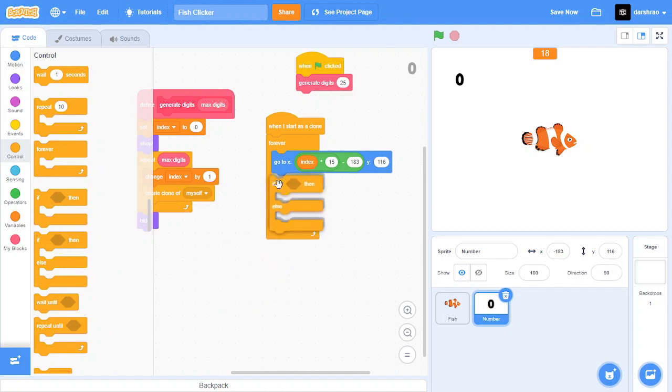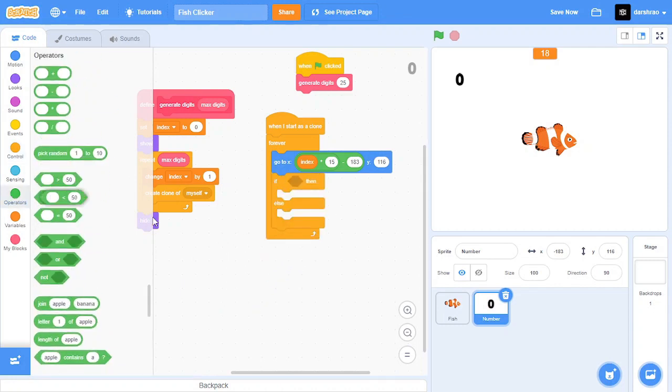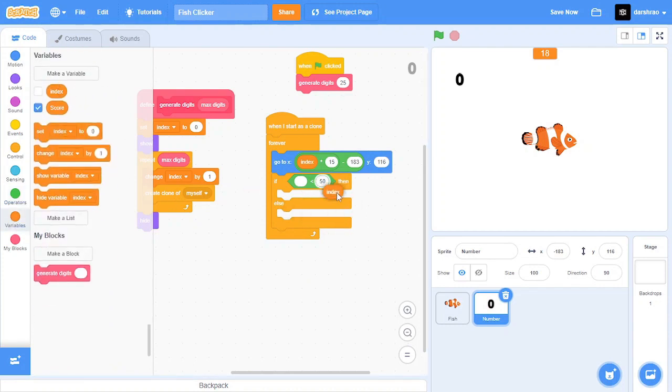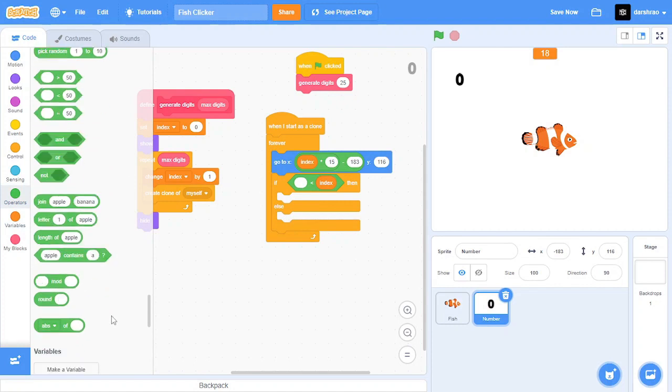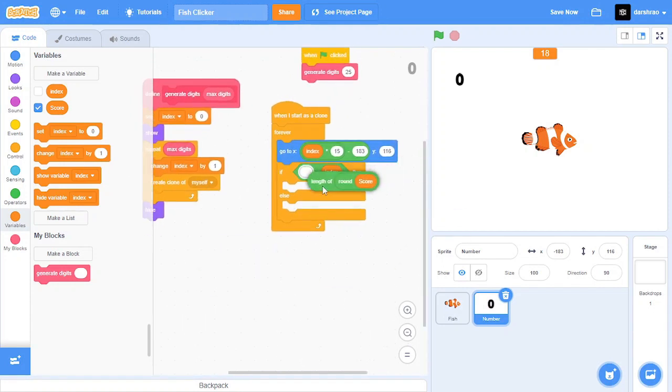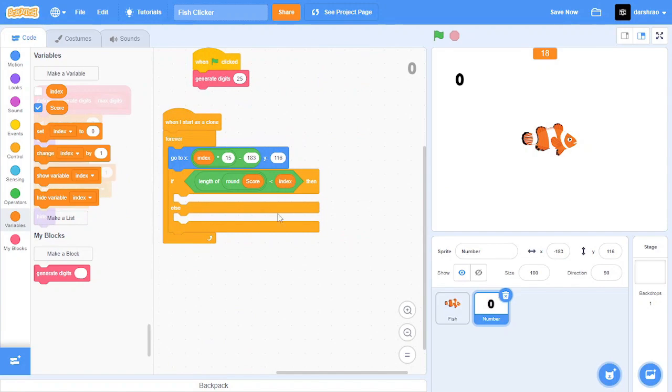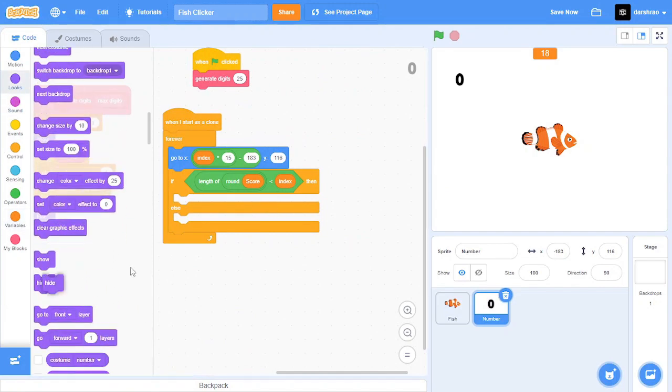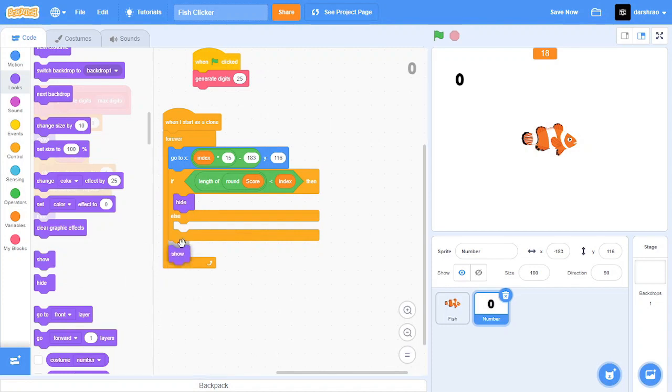And then take an if then else block, put a less than block, and at the end put index, then put length of round of score. So if we round off this score variable, it will show the length of it, and if that is less than index, then we're going to hide, and in the else we'll show,